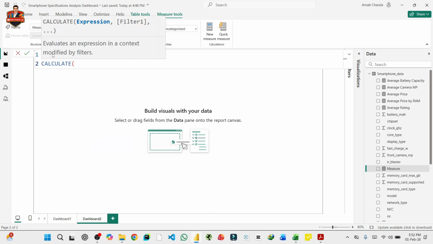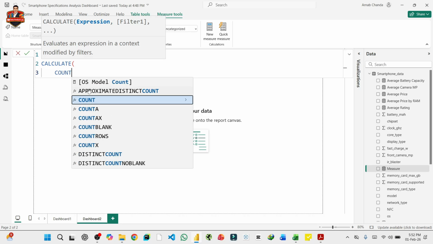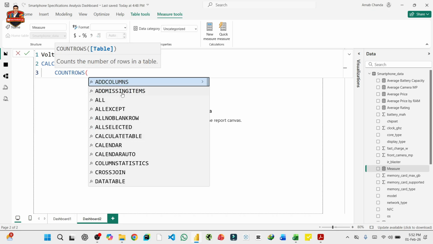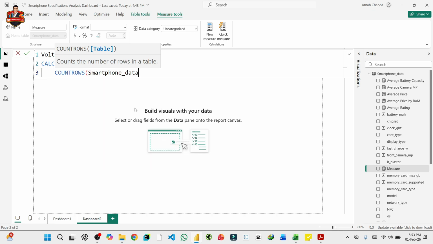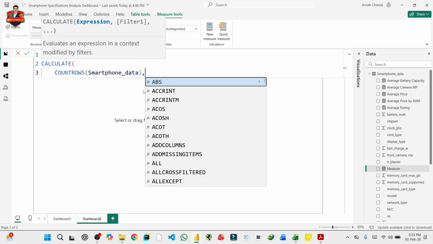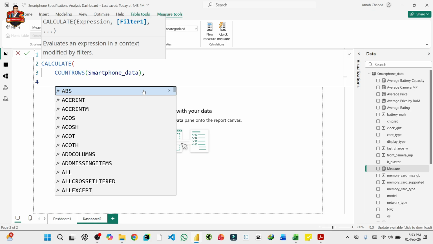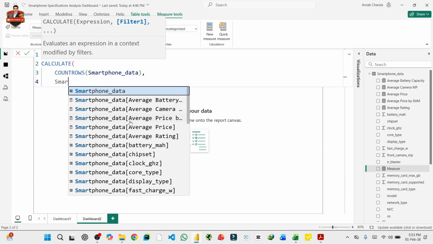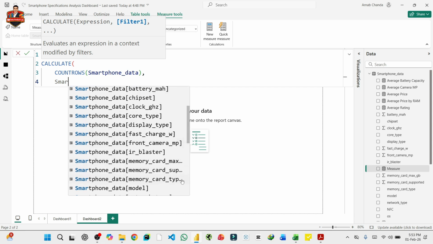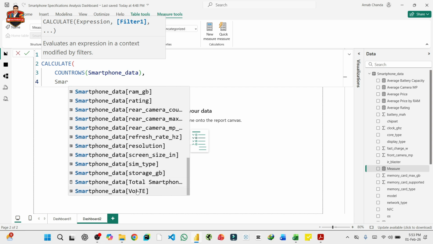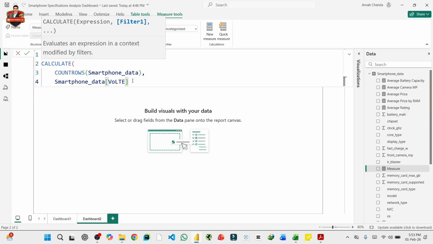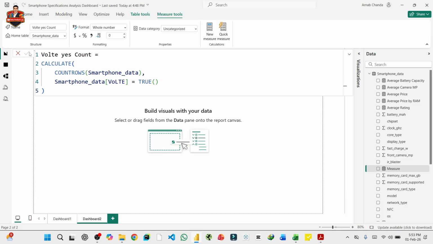Calculate count rows, smartphone data. We have found smartphone data VoLTE column data, take true. Just copy it,